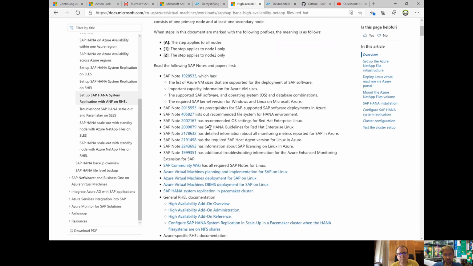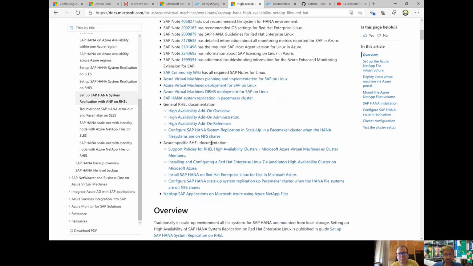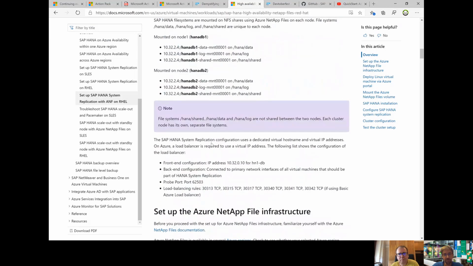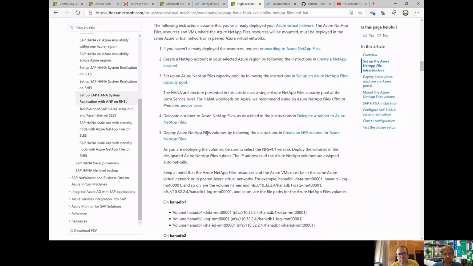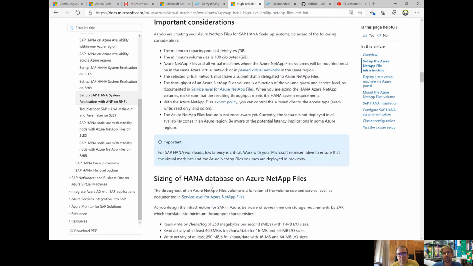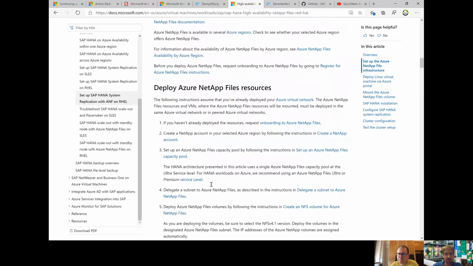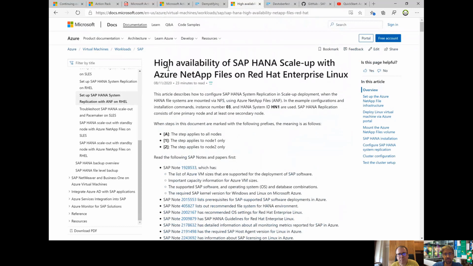And yeah, there are a lot of links, there is a lot of information there, but then also really a step-by-step guide, basically, that helps you to get started and build up this infrastructure. So if you are looking into using Azure NetApp Files and HA setup with HANA, then definitely check out this blog here.